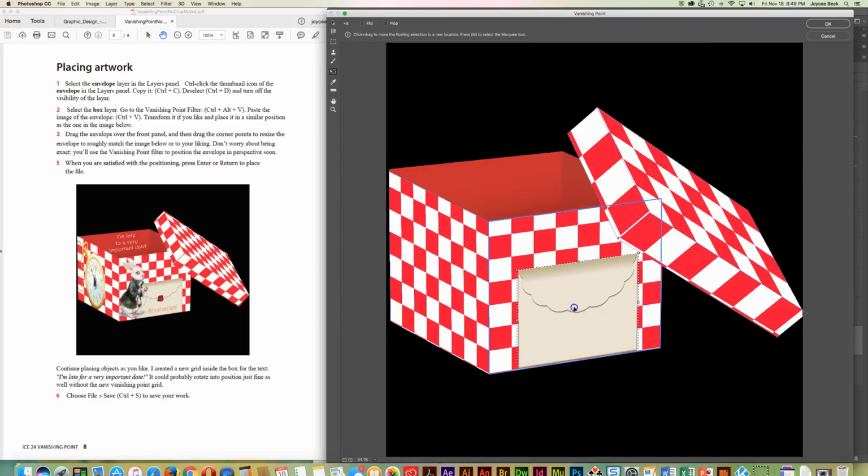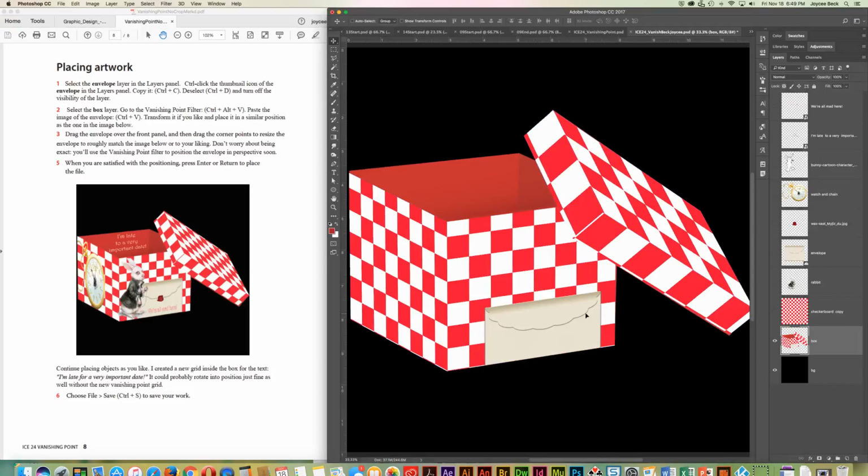Again, I don't want just right on the lines there. I want to kind of go right here and I want to bring down the top of it so it's kind of a different size envelope, and right like that, and I think that's good. I'm just going to hit Enter. Envelope's on there. I want the little waxy seal, so target the layer, Control click on it, and Control D